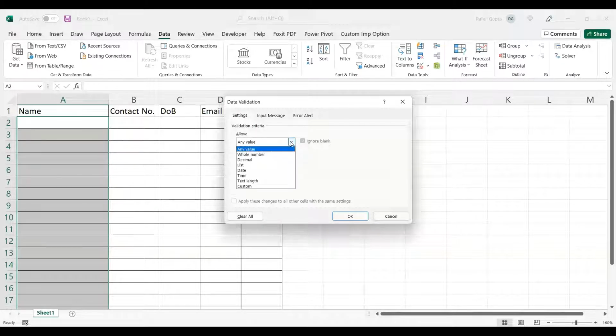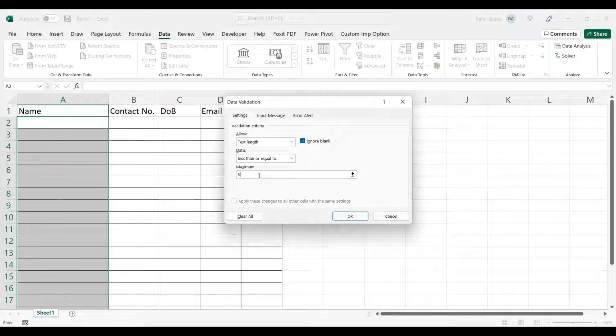I want to allow a specific number of characters, so here we have the option of text length. I'll select text length, and you can see we have between, equal, not equal, greater, less. I'll give less than or equal to 50 characters.